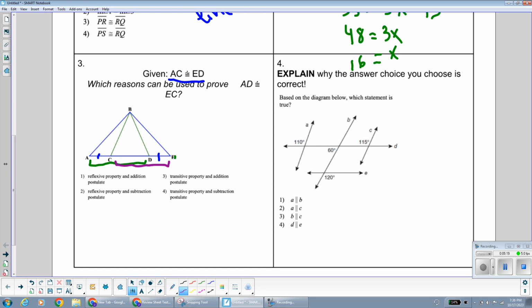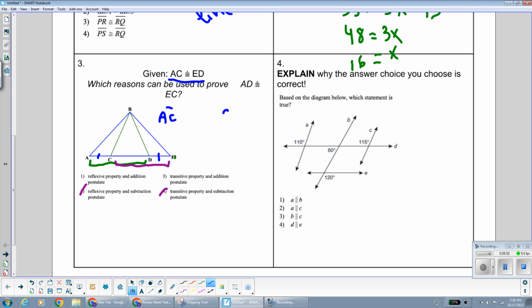So since I'm going from a smaller segment AC to a larger segment AD, and from a smaller segment ED to a larger segment EC, I'm thinking I'm going to need to use addition. So I'm going to already eliminate answer choices 2 and 4 because we are not making it anything smaller, we're making it bigger. So this is definitely going to be an example of the addition postulate. Now, before we go choosing an answer, let's actually write out the addition and let's see which answer choice we think it is. So I'm starting with AC